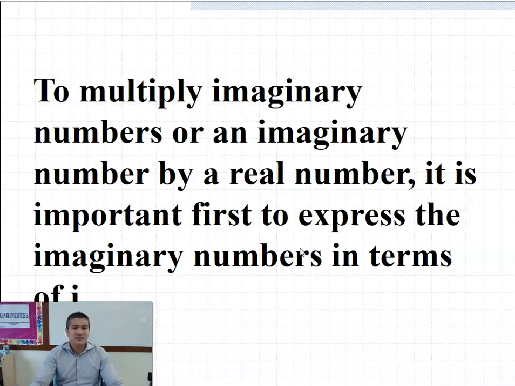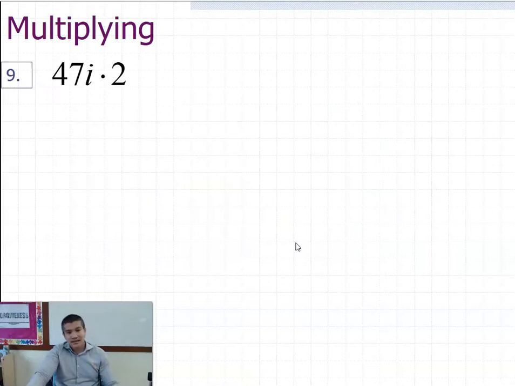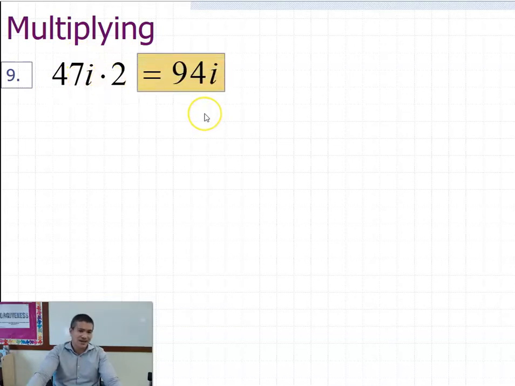So here, if you're going to multiply imaginary numbers or an imaginary number by a real number, it is important first to express the imaginary numbers in terms of i. Okay? So simplify first the imaginary, and then after that you're going to multiply. And then simplify the imaginary numbers as well when the exponent is greater than 1. Okay? So here 47i times 2, so therefore you will just multiply the real numbers, 47 times 2. We give that one as 94i. Next,